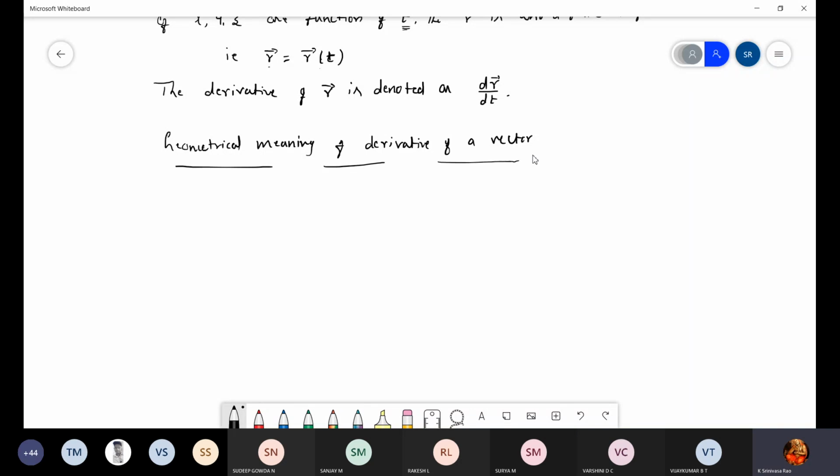Take it. If vector R, with one arrow mark above the R, is a position vector, then dr by dt is a vector along